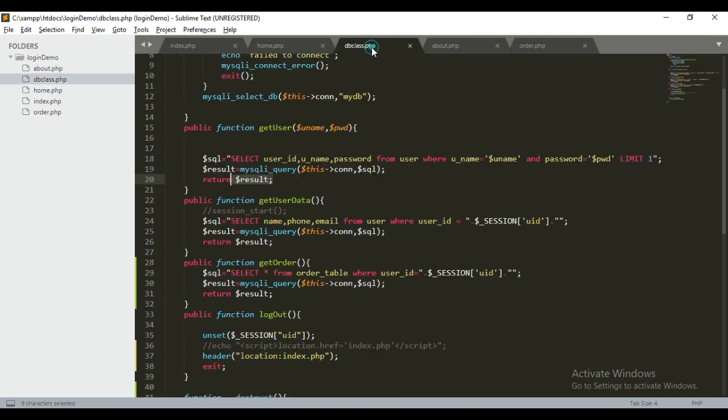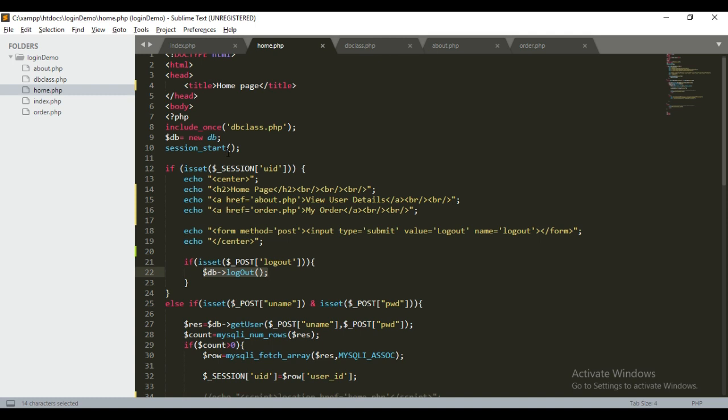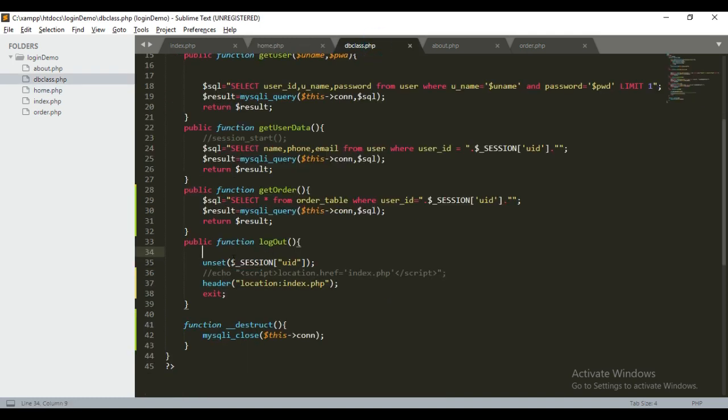In the db class. You can see we are unsetting that session variable without declaring session start, but we already started a session here, so we do not need to declare it again. We are unsetting and redirecting the user to the login page, the index page.